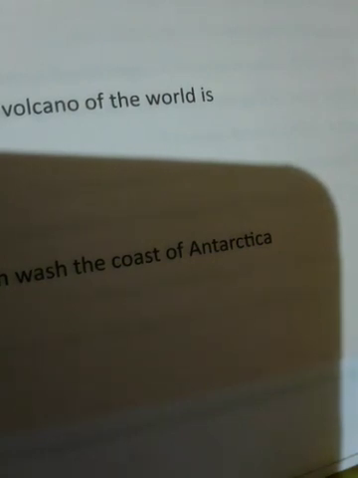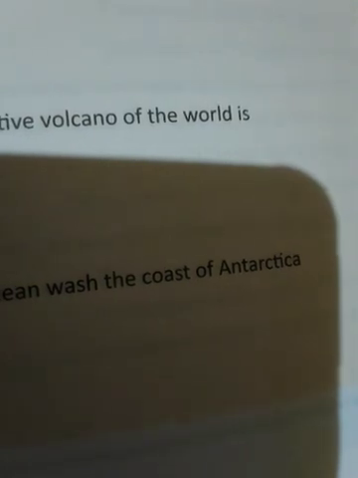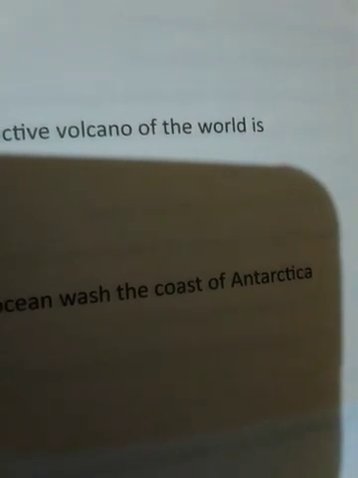Weather stations have started their operations in many parts of Antarctica to keep a close watch on the changes in the weather condition. Now, what have they started? They have started working in many parts of Antarctica so that they could keep a close watch on the changes in the weather condition. Now, the ozone hole in Antarctica.